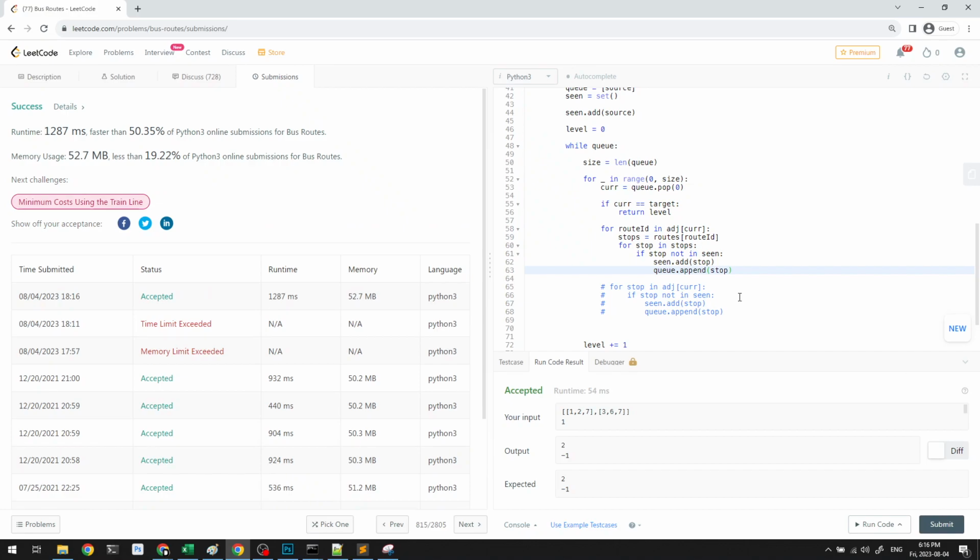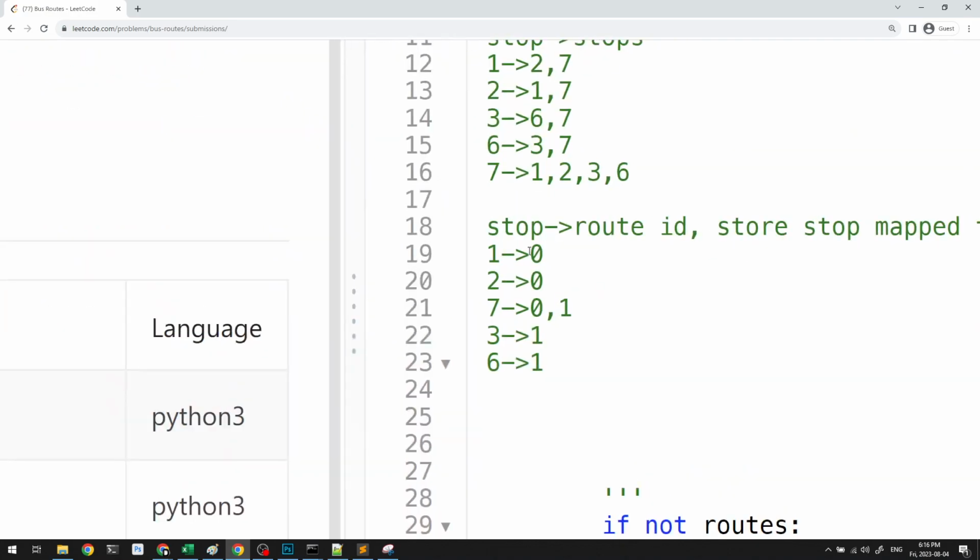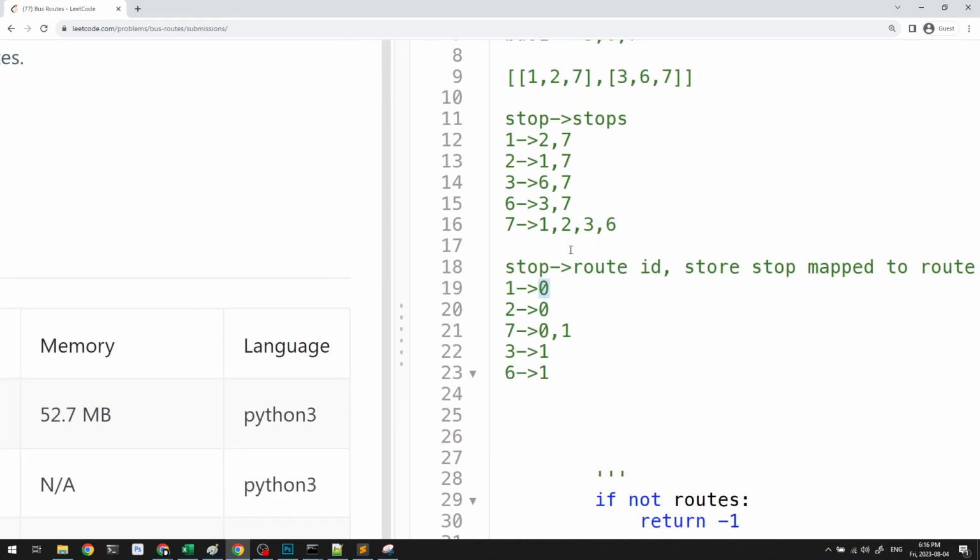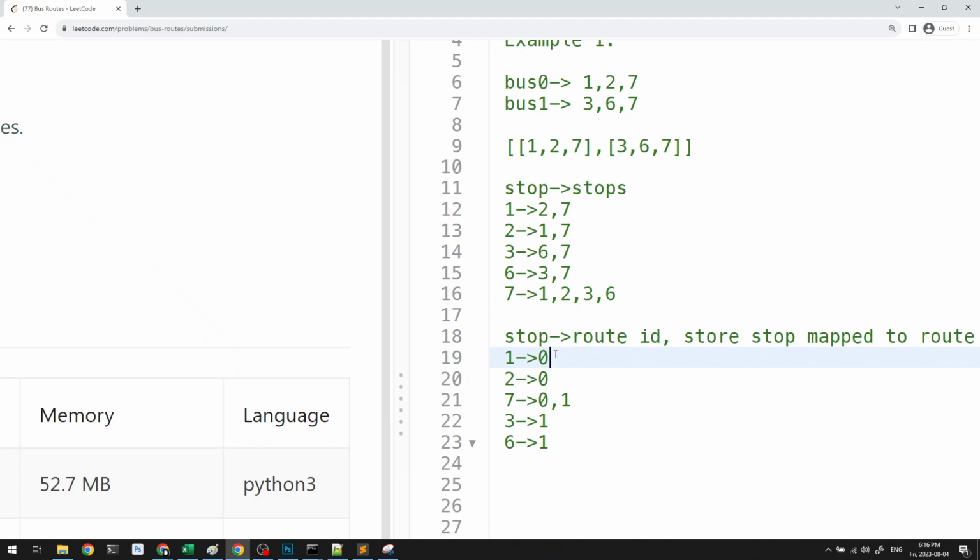Okay, so it works, but notice it still takes quite some time, right? It takes about 1.2 seconds. So we can actually further speed this up. And the way we can speed this up is we can notice that, for example, if I'm processing this one over here, then this one is linked to stop number 0, which basically means, not stop number 0, route number 0. So this basically means that when I arrive at stop number 1, I will try to visit every stop in